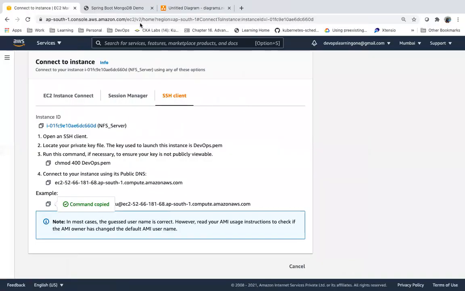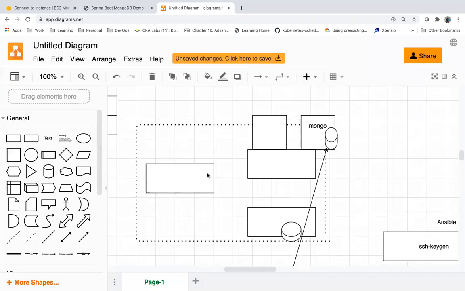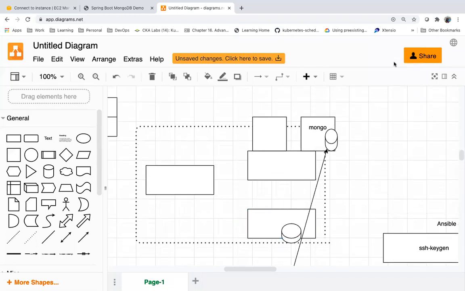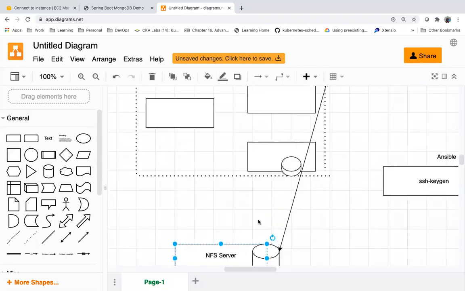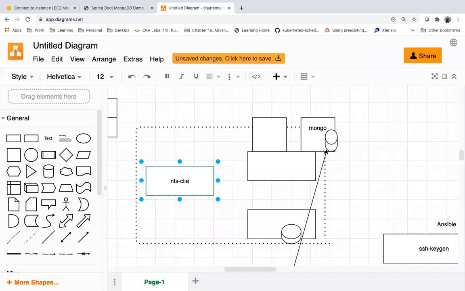If I want to use this NFS server with my Kubernetes machines, where I can mount the pods with that NFS, right? So I need a client software. I need to install client software in all my Kubernetes machines. I need to have NFS client software in all my servers.